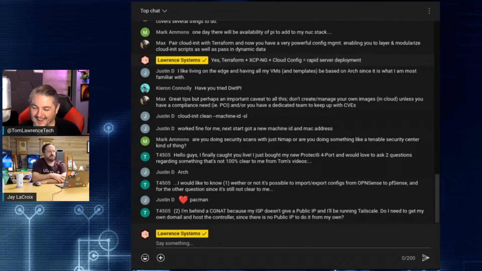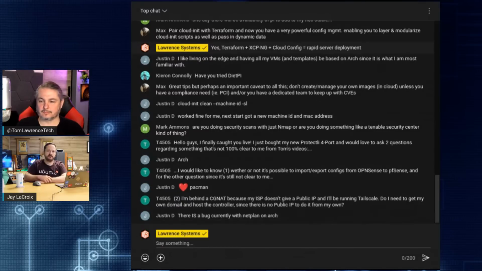Now that Arch was mentioned, I feel like there's just this stigma around rolling distributions that I don't think is fair. I would absolutely run a server on Arch, no question about it. Sure, you're going to have a little bit more work sometimes, but the whole idea of Arch is to install as few packages as possible to serve your goal. So as long as you follow that and you don't have 10,000 things installed, especially a bunch of things from the AUR, and it's just the things you absolutely need,